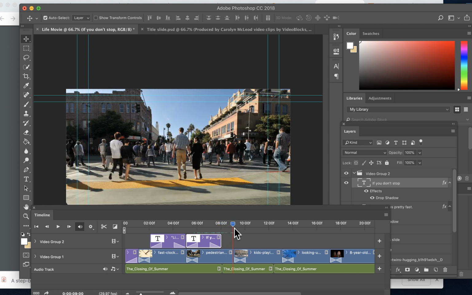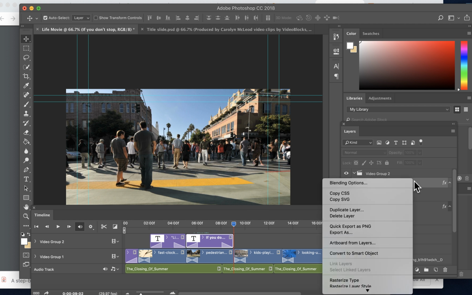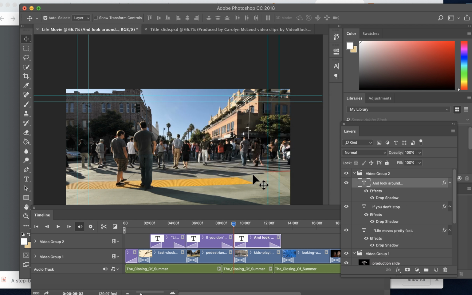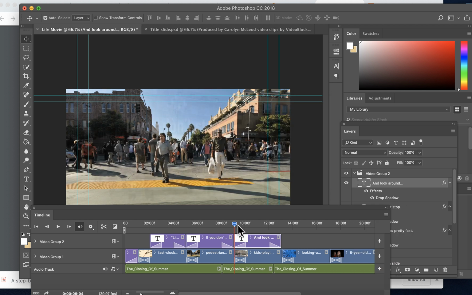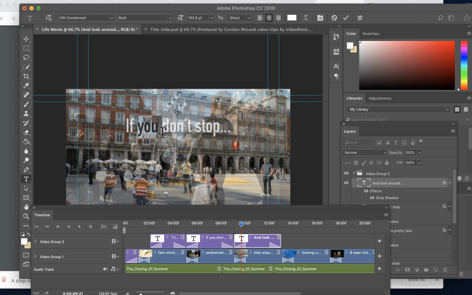And I'm going to move along here and lengthen this to there. And I'm going to keep doing that over and over again. So right click on the layer, duplicate the layer. So if you don't stop and look around, and I'll just move along here on my clips. If you don't stop, I need my text tool. If you don't stop and look around,